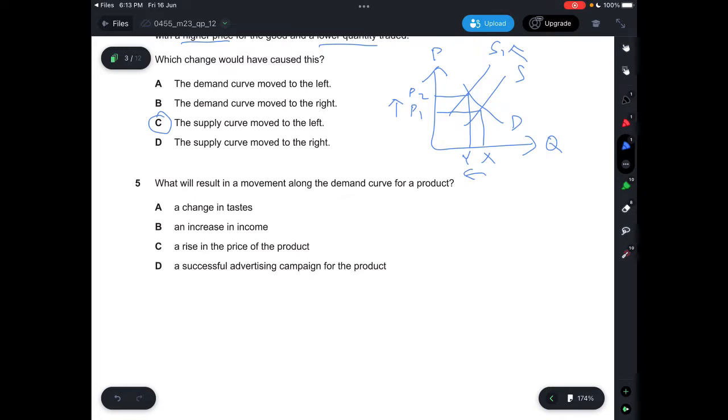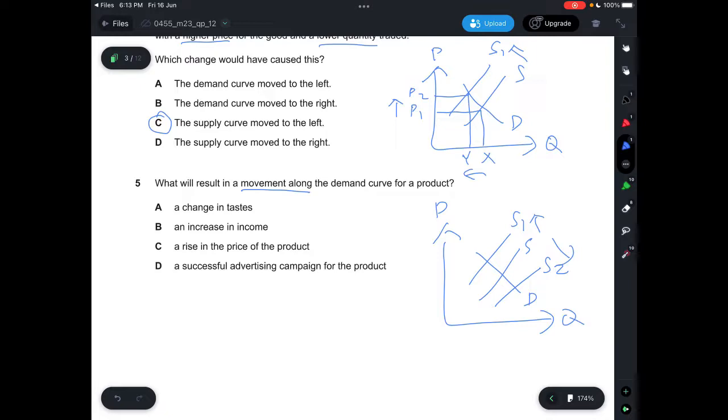Question 4, what will result in a movement along the demand curve for a product? So now it's a movement along, all right? So a movement along the demand curve, which will look something like this. So this will be your demand supply graph again. So this will be a supply, this will be demand. A movement along the demand curve could be either a shift of the supply curve to the left or a shift of the supply curve to the right. So it looks something like this. So that means that whatever movement along the demand curve would be, the reason for that would have to be